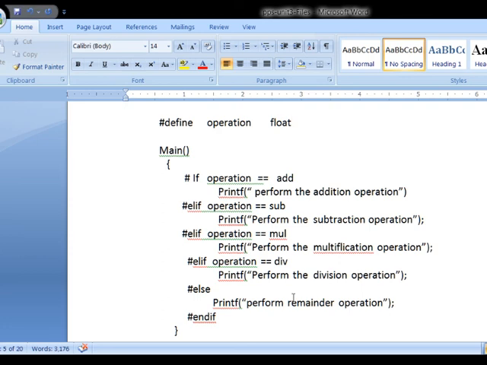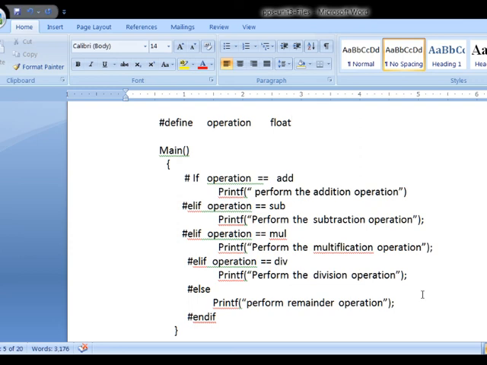Any statement in a C program generally ends with a semicolon, but directive statements cannot end with a semicolon. And we have some preprocessor commands or directives: include, define, undef, ifdef, ifndef, and conditional directives: if,